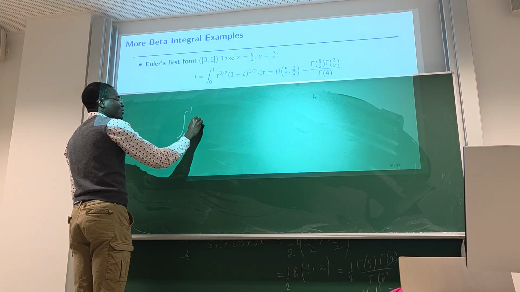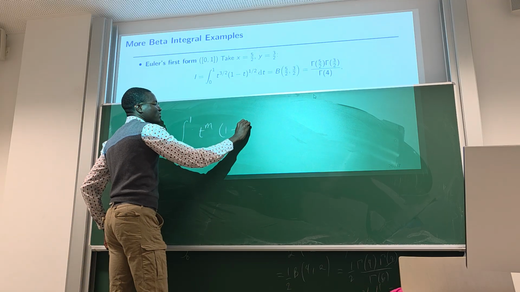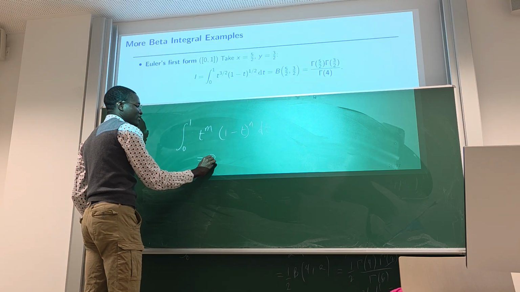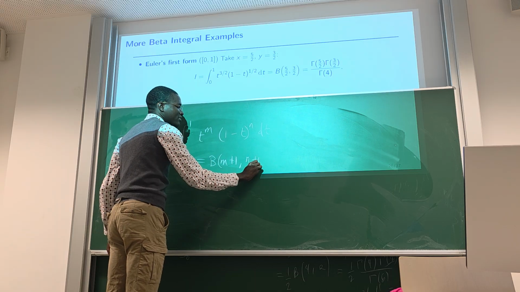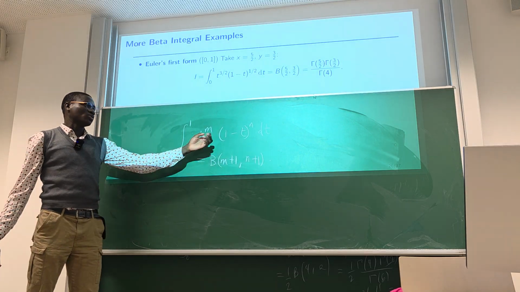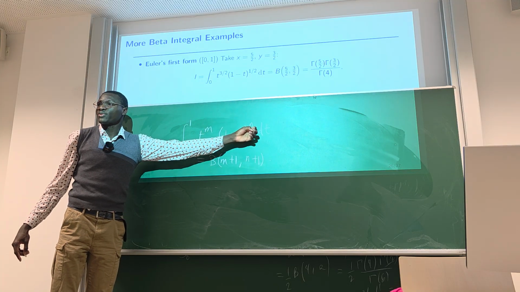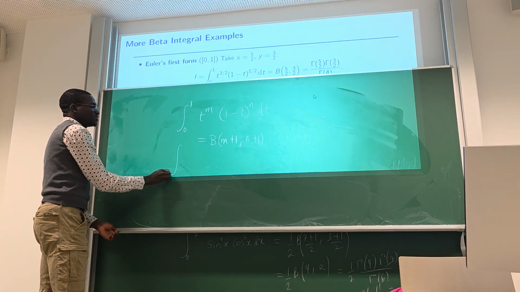If you have the integral from 0 to 1 of t to the m, (1 minus t) to the n, dt, you have this B(m plus 1, n plus 1). Life is easy this way, okay? If you remember, you need to have a minus 1 here, then you would have an m here, and an n minus 1 here, and you have an n, but life is easy this way. If you have this,